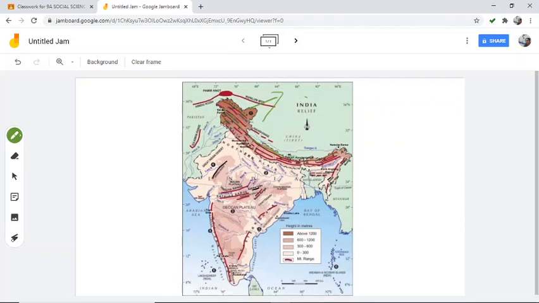Himachal ranges, you can see, are not a continuous line. In between there are gaps. So what are those gaps? They are mountain passes. And the rivers which originate from Himadri come towards India through these passes. So don't draw a straight line. For Himachal, always draw in between. Leave gaps and draw it. Length is almost similar to Himadri.